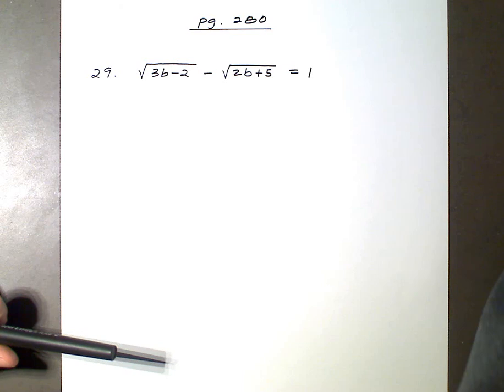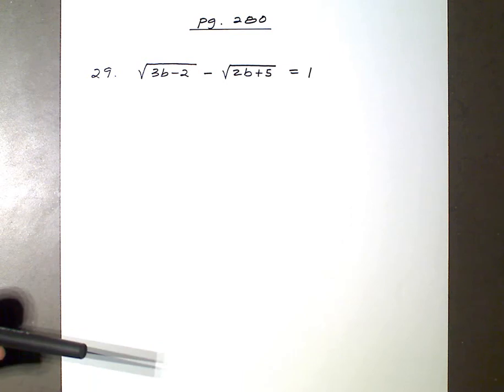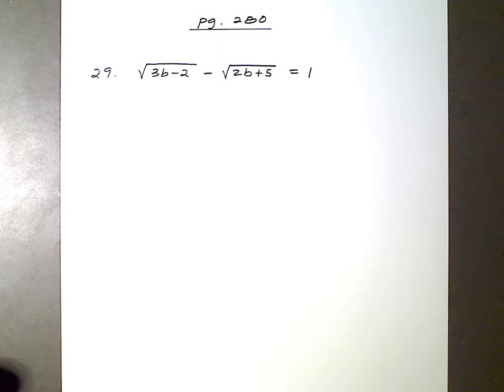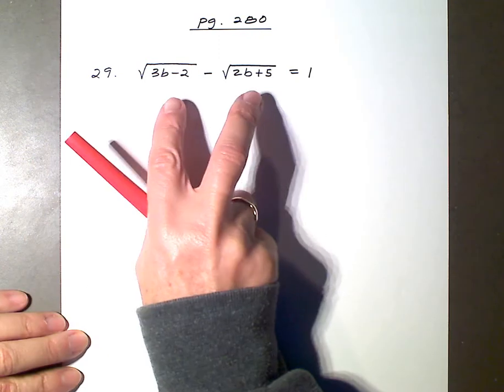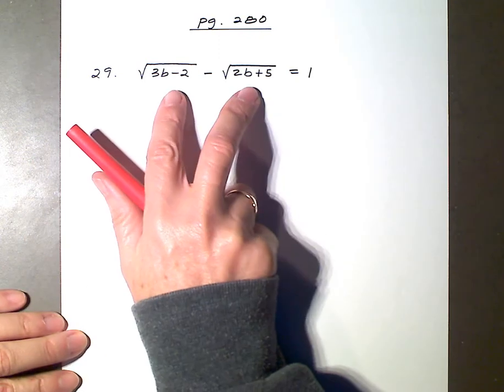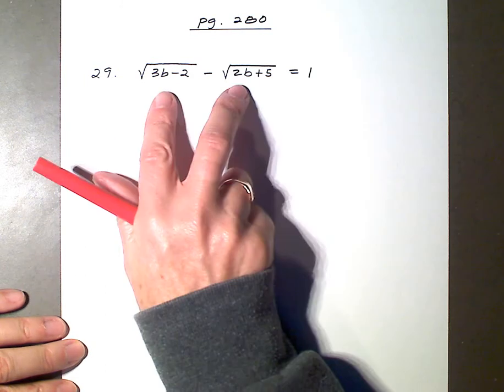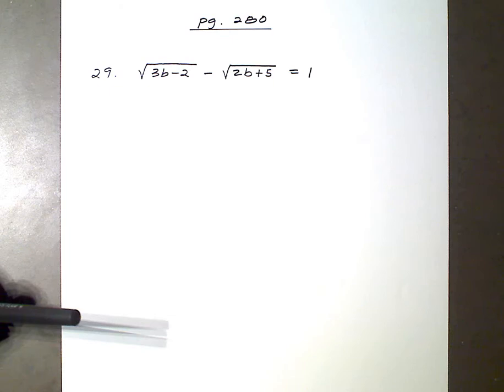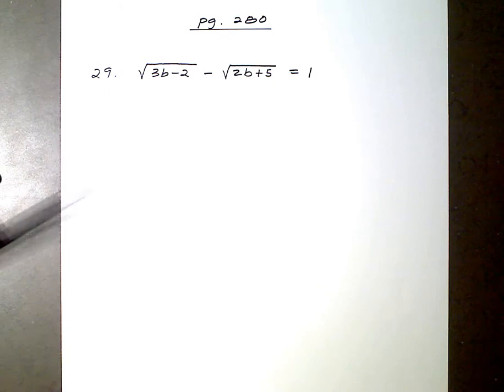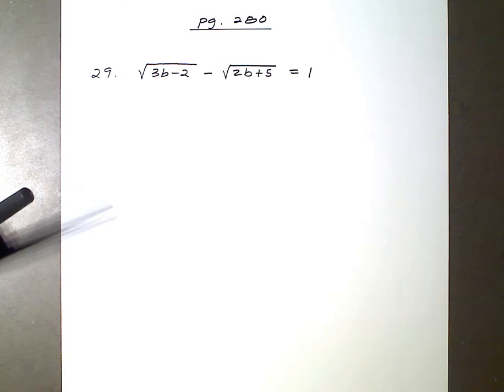Alright, this is number 29 on page 280, and this is a doozy, and it's just a doozy only because you have two expressions under the radical in one equation, and the variable is b, it's under both of them. You got to get it out of both of them. So you're going to work one at a time, and conceptually I don't think this is difficult,